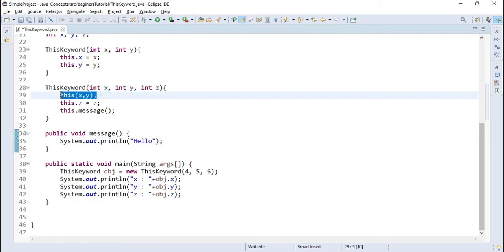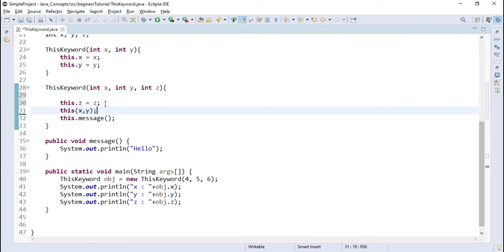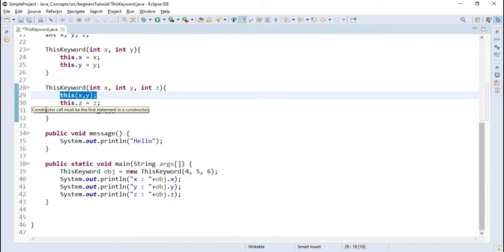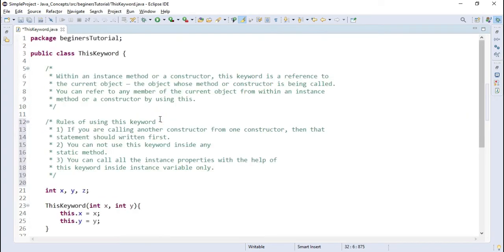So this time we will remove this from here and write it at the second line. As you can see, it is giving us the error. This is the rule implemented by the Java people, that if you are calling another constructor from some constructor, then you should call it at the first line only. So let's revert the changes. So this was the first rule.